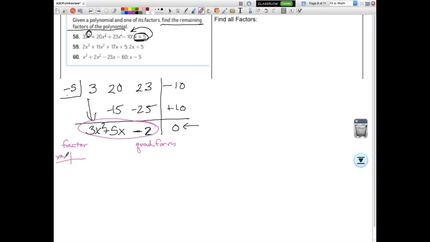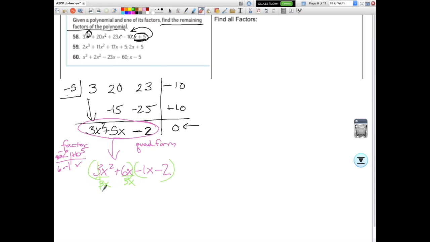Okay? So to factor it, I'm going to make this little table and ask myself what multiplies to be a times c and adds to be b. So what multiplies to be -6 and adds to be 5. And I know that 6 times -1 is going to equal -6, but add to be 5. So I'm going to take this quadratic and expand it into 4 pieces and then continue factoring it. So I'll have 3x squared, and then instead of plus 5x, I'm going to put plus 6x minus 1x, and then minus 2. Now I'm going to group this,